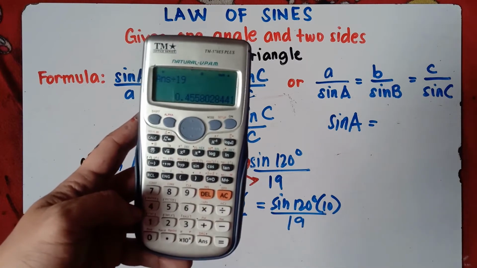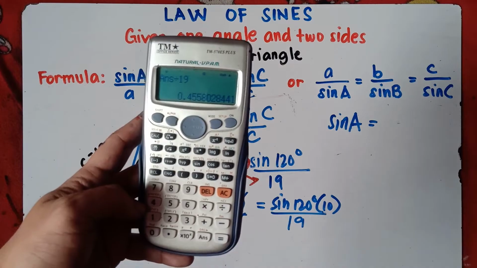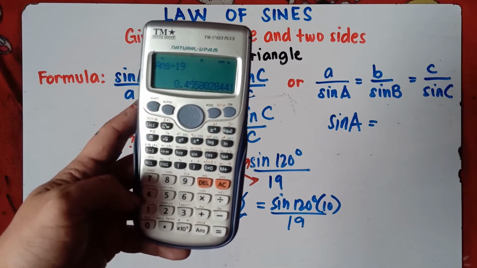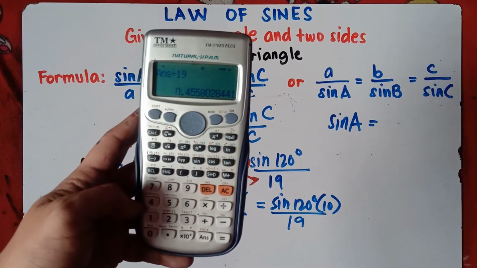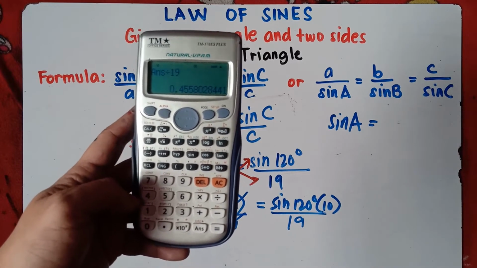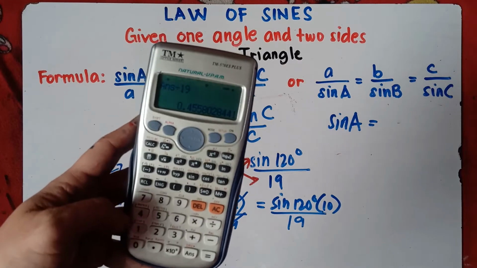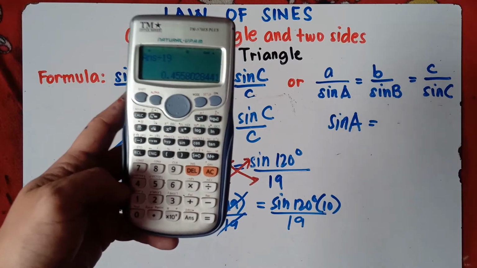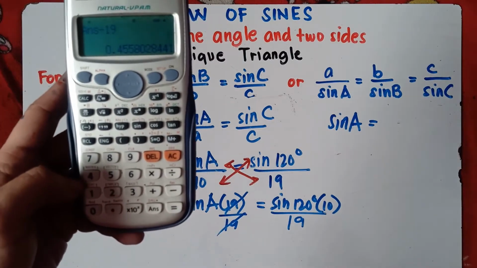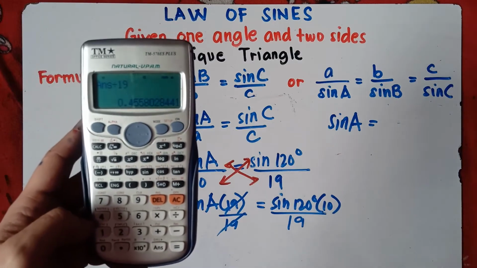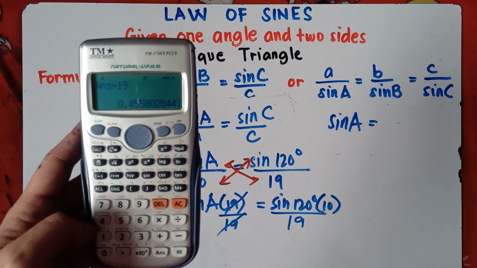Alright, you press this one for decimal, and you will have 0.4558. After 8, that is 0. So let's have 4 decimal places, class, especially if you're looking for the angle. We need to have the near exact value of the angle. So this will be 0.4558, because our answer, class, is an approximate number near to the exact value.